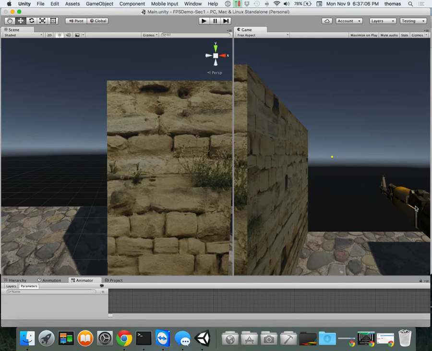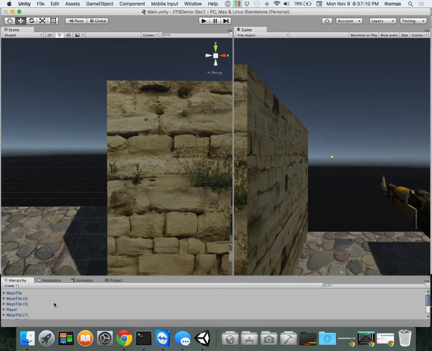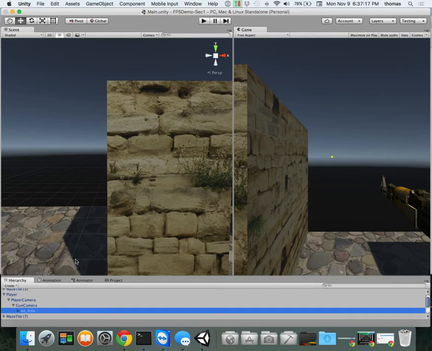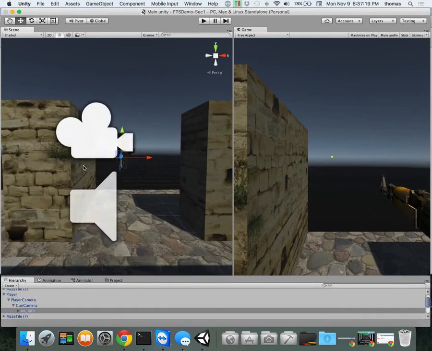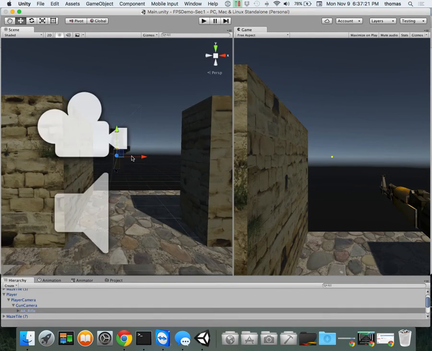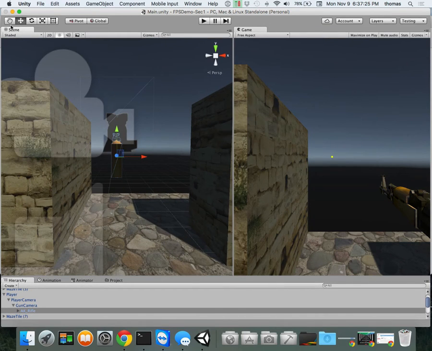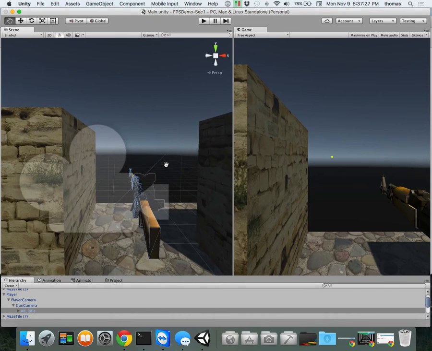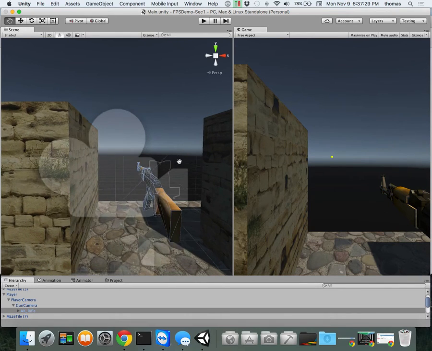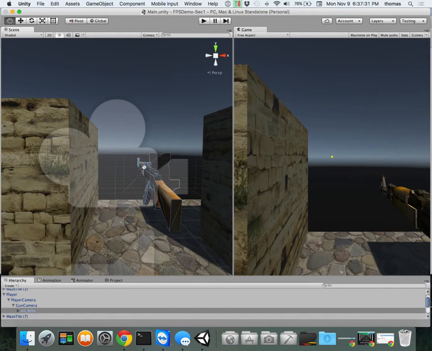So when I click my gun, this is the one I need, right? On the bottom here, I have my hierarchy. So I want to go into player, player camera, gun camera, my rifle. And on this side, I want to press F to get into the proper position and zoom in so I can see my gun. This is important because in order to set up my gun in the right place, I'm going to use this view here to move my gun in place